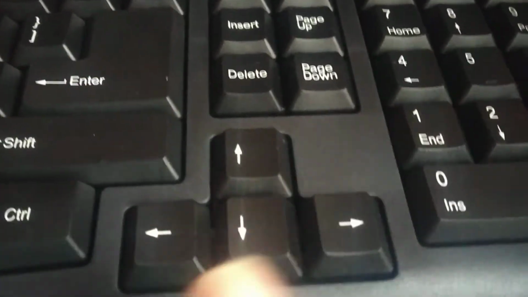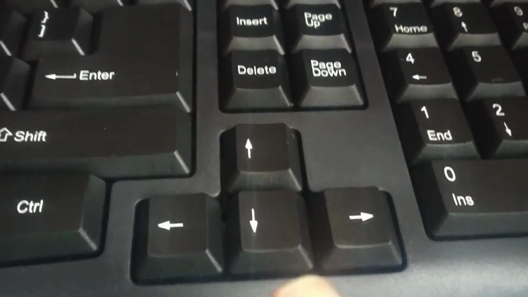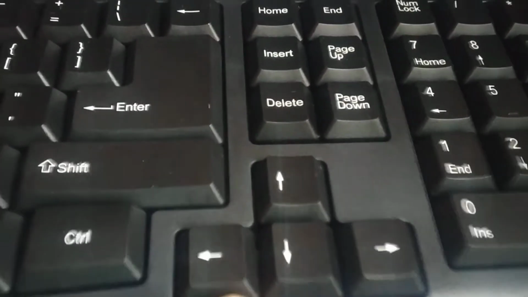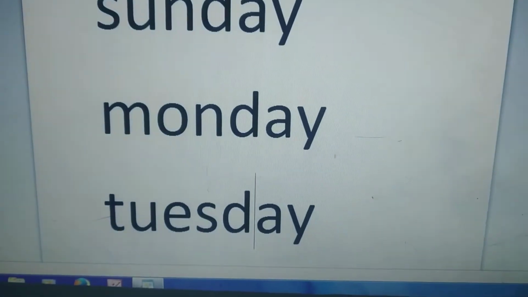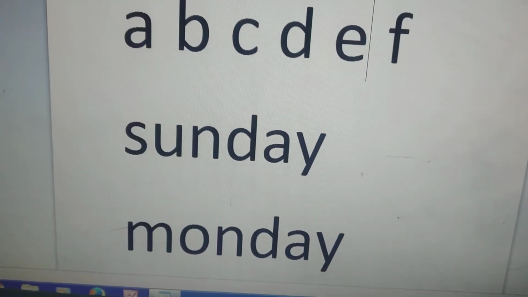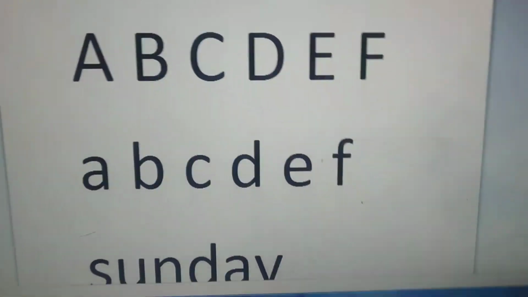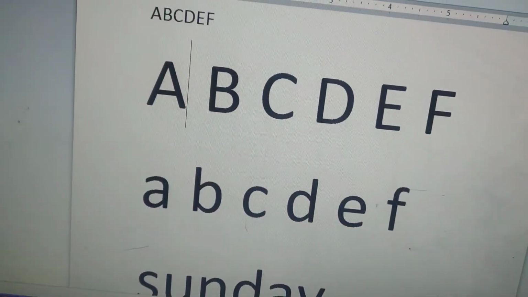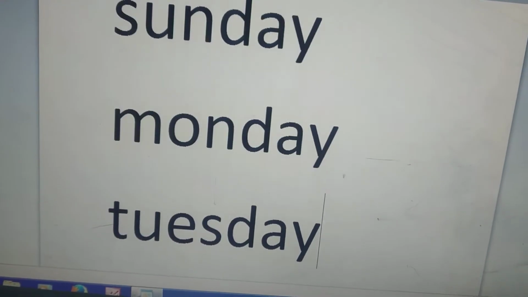So to move our cursor in all four directions, that is right, left, up and down, we are using these arrow keys. Okay, see here, I am using the arrow keys and I am moving my cursor. Like this, up and down, left and right, wherever you want to go, you can move your cursor with the help of arrow keys.